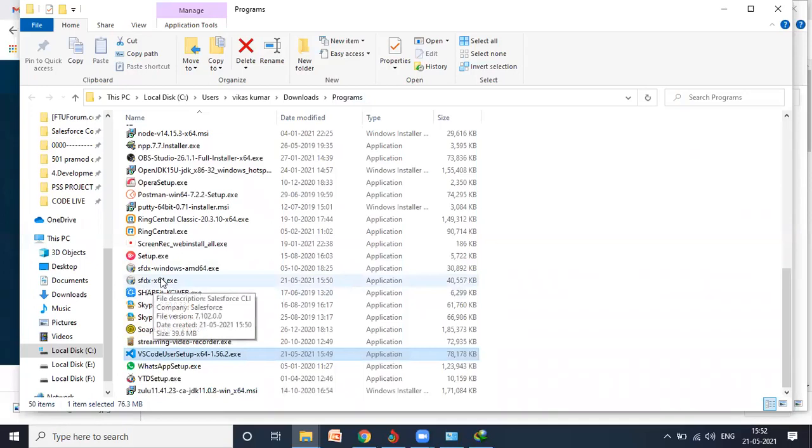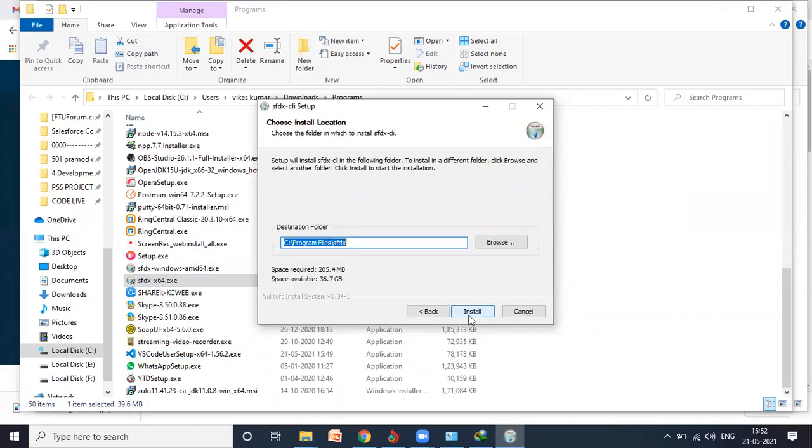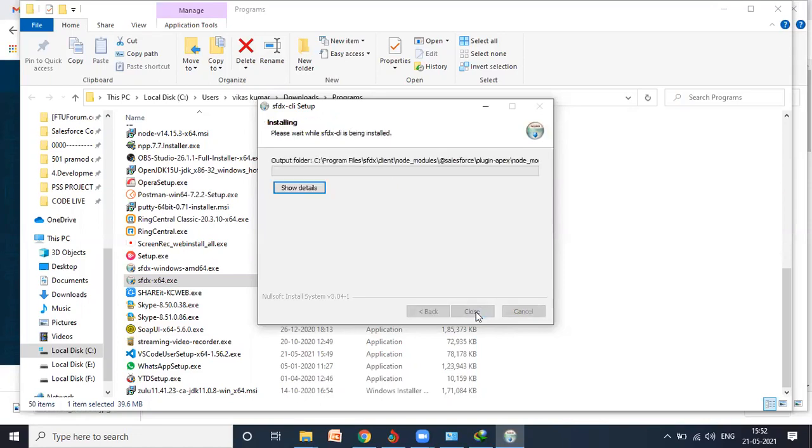So I need to click on this SFDX CLI. Okay, this is a path where this will be installed. It will take few seconds. Now guys, meanwhile, we installing this.